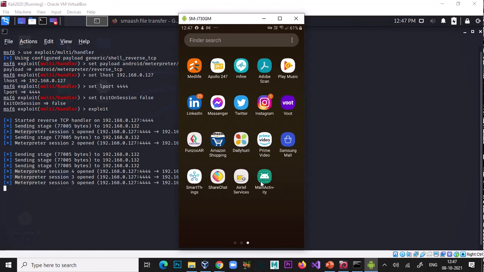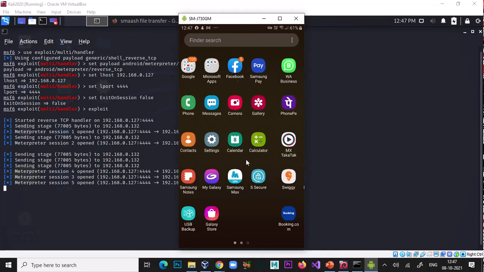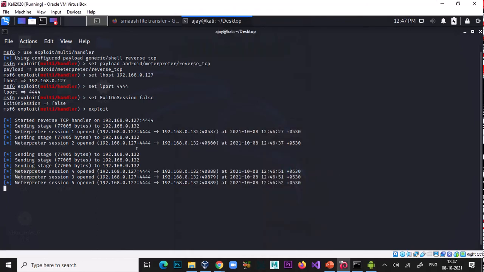This is the icon of your app's main activity. You can hide this app from your list. It takes time to create the session.